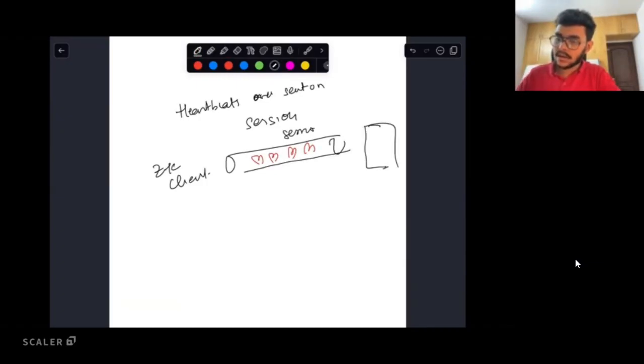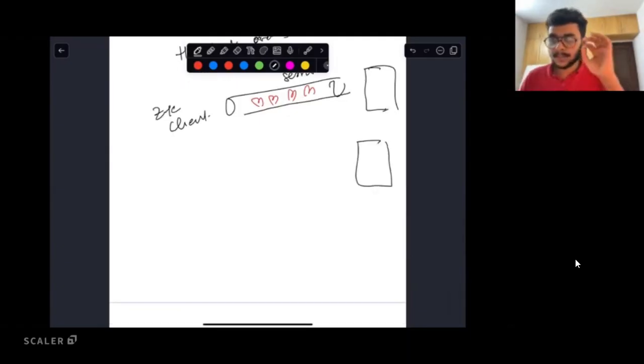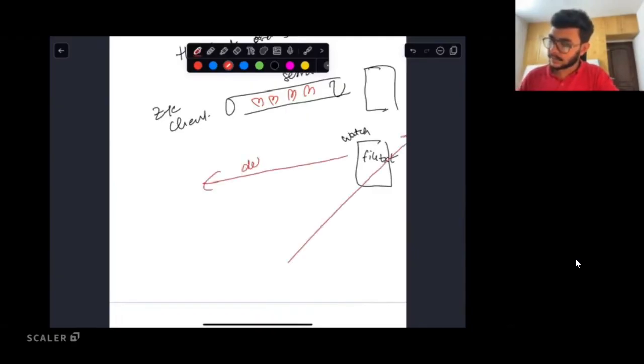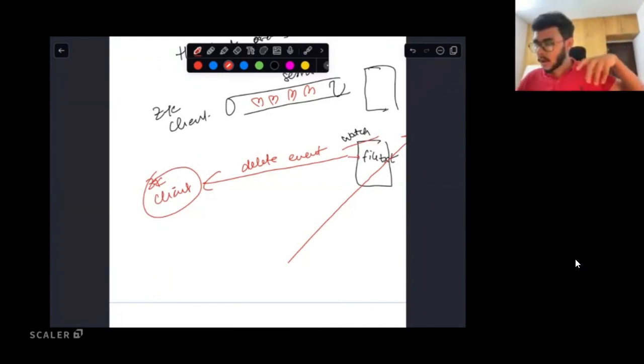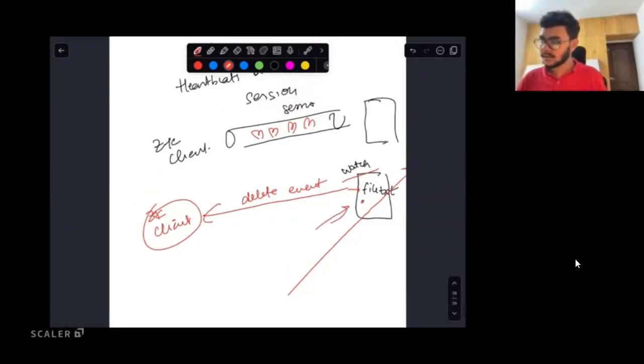All right, and the watch is just a one time event. A watch has, let's say, been set on a file 1.txt. Let us say I go ahead and delete this file. Then the server will send a delete event to the Zookeeper client, which had created this watch on this specific Z node. So they are two different things. A watch is just for the server to let you know this file has been created or deleted. And you can use watch for other purposes as well. Delete just happens to be one use case.